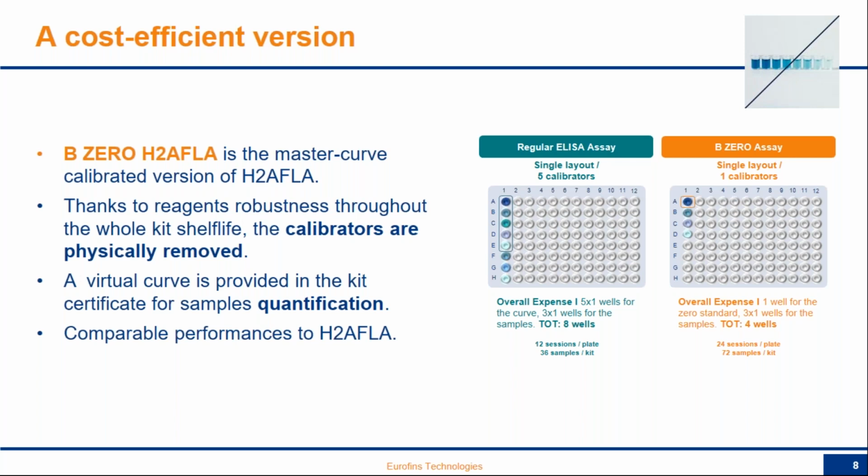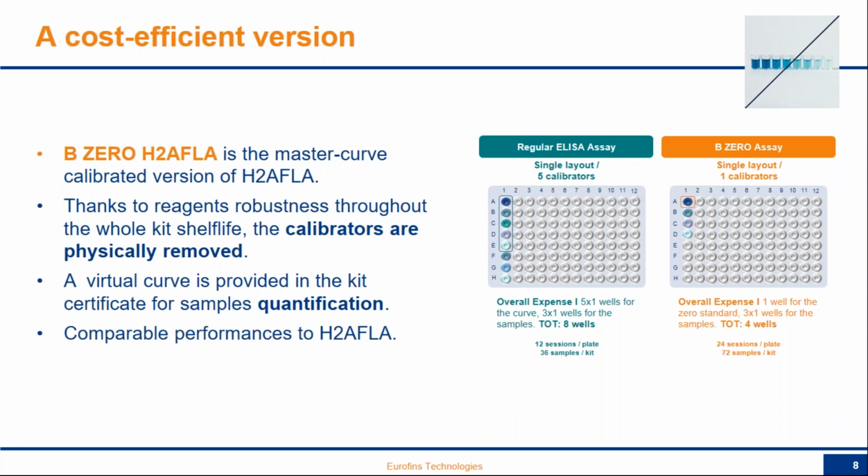But the point is, what if the assay is robust enough to permit the dosage directly on a virtual curve with comparable quality? One single standard will be sufficient to align with environmental conditions. As a result, the removal of physical standards brings an important improvement in cost